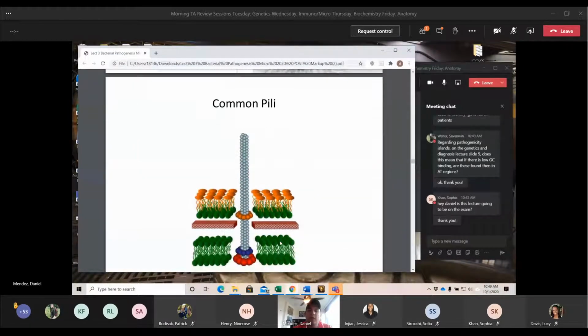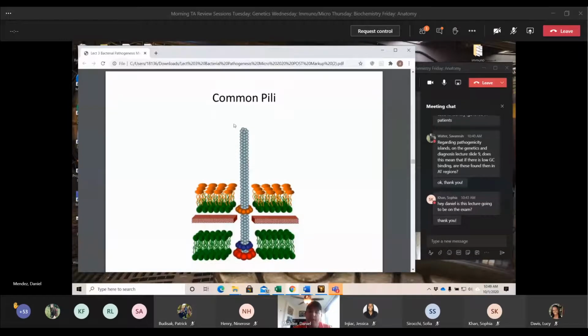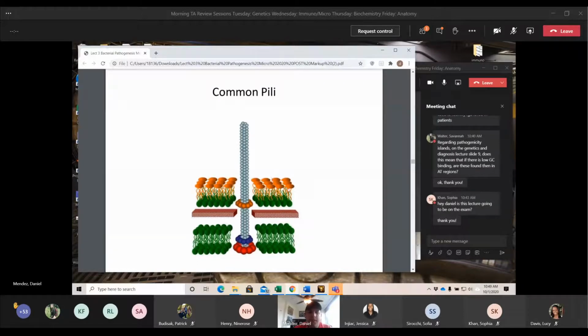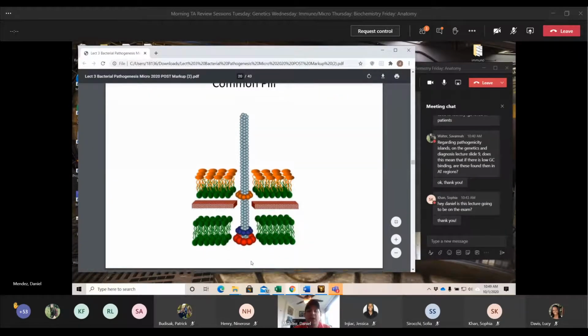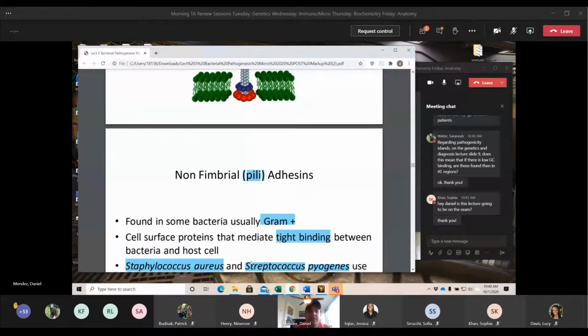So the pili here, you can see the pili is transmembrane. And like Dr. Anderson mentioned, this is gram-negative. We know that because of the thin peptidoglycan, the periplasmic space, and the outer and inner membrane. Here the orange just being the LPS. So you can see the pili goes throughout the entire membrane. It's not just on the outside. It actually has some interaction with the inside of the cell, and that will become important later.